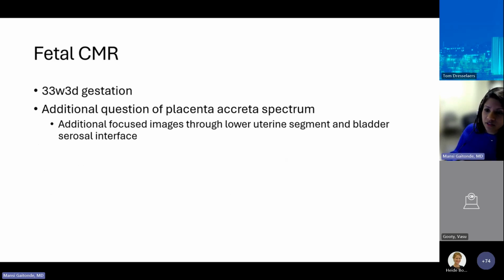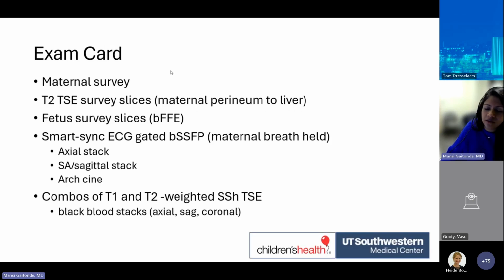Interestingly, a few days before the scan, when we'd already gotten it approved by insurance and set up, the MFM reached out to us and said, we're worried about the placenta accreta spectrum, and maybe we need to do more of a focused body fetal MRI. But we worked with our radiologists, who are very experienced in imaging the placenta, and we were able to make sure we got the right sequences at the time of our cardiac scan. So there were 2 important questions in addition to the cardiac findings, including imaging the placenta. And I think we can be proud of the fact that we got through it all, considering how challenging this scan was.